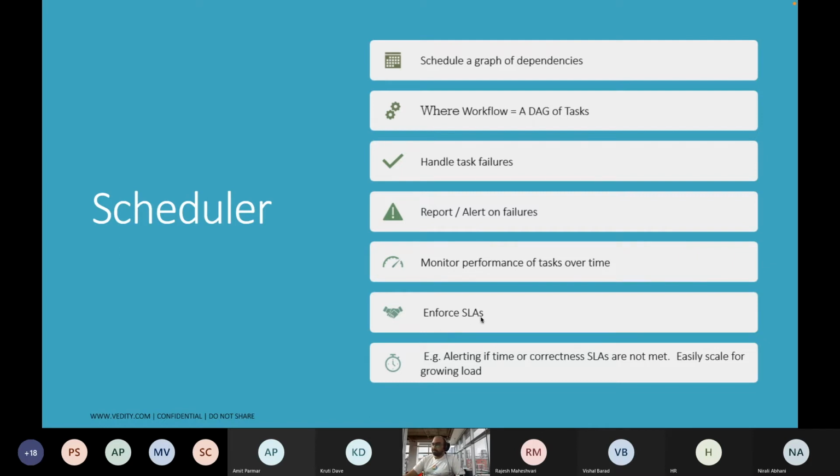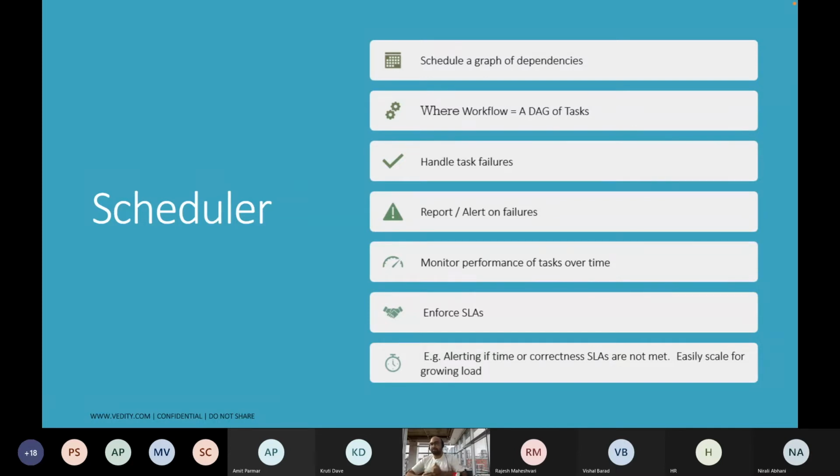And for SLA, SLA is service level agreement, right? So if your client requires that something should run within 1 hour, but your DAG is taking 2 hours, something is wrong. So you can define that SLA. Once the SLA is broken, it will give you a message in Slack or email that this SLA is broken. You have to monitor this, right? SLA is mainly useful in financial things or in some kind of live analytics things,